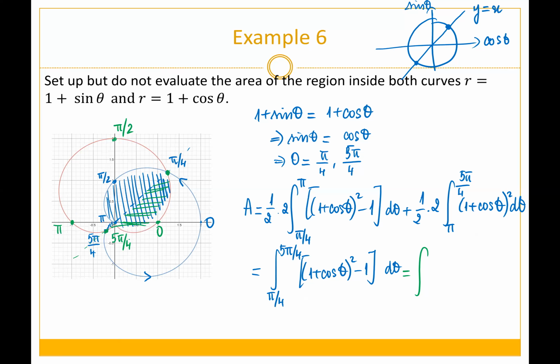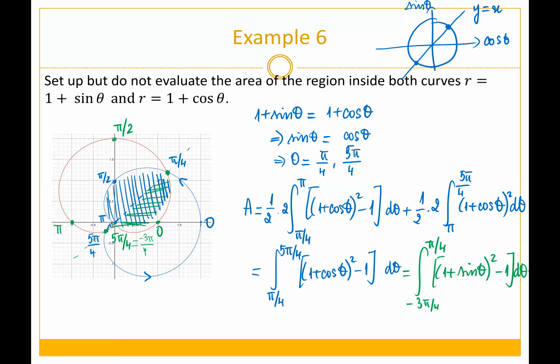And so if you use sine, there are two ways you can do it. You can find each individual one, or you can start with 5 pi over 4, which is another way to rewrite -3 pi over 4, because when you add 2 pi to -3 pi over 4, you end up having 5 pi over 4. And so I can just take the integral from -3 pi over 4. Basically, you go from this point straight to this point, and you multiply by 2, so the half cancels out, and then you have (1 plus sine theta) squared minus 1